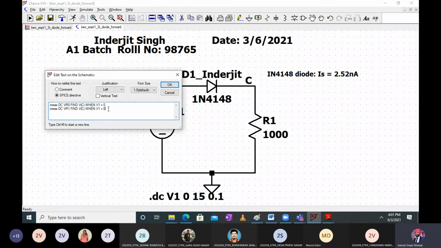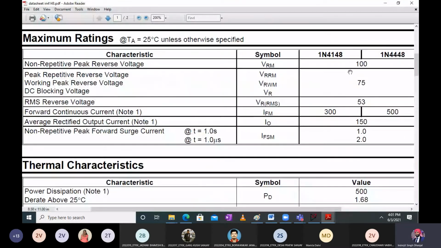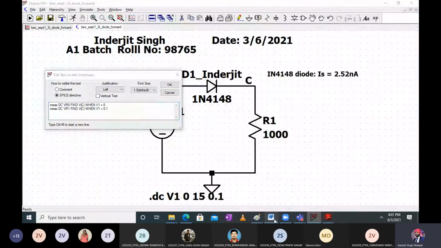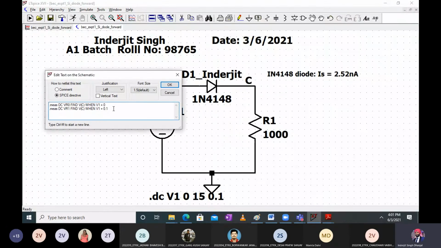This is at 0.1. So what you do is write 3 or 4 lines over here. Okay, what has opened up? Here you can write V1 as 0.1, 0.2, then 1 volt, some examples. Here I'll again go to Control M for the new line, Control V, and here I can write 1 volt. I have to rename it as VR2. I'm just showing for example.